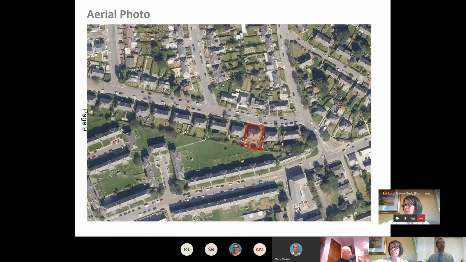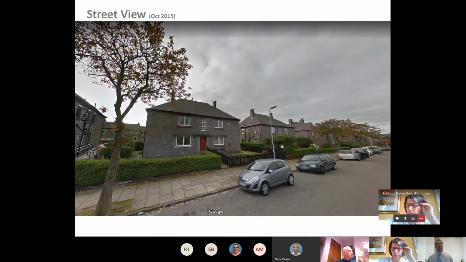So I've got an aerial view there. You can just about make out that there are 4-in-a-block properties on the southern side of the street, but then there are semi-detached and detached houses on the opposite side in the north, many of which have their own driveways, but that's not such a feature on the southern side of the street. And then if I show you that street view image, this is the application property here, just the ground floor property on the right hand side with the picket fence. And you can see there's no double yellow lines or anything, it's unrestricted parking here. So turning to the proposal,